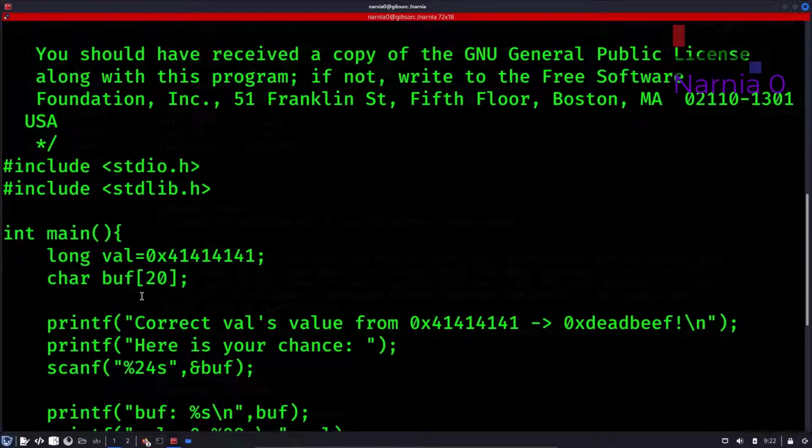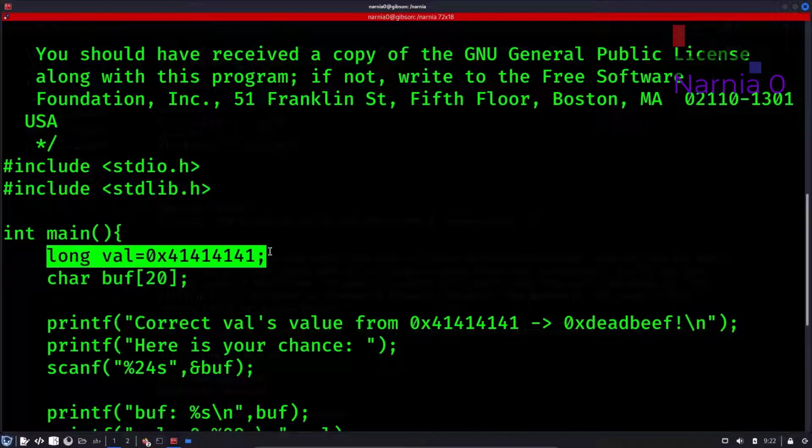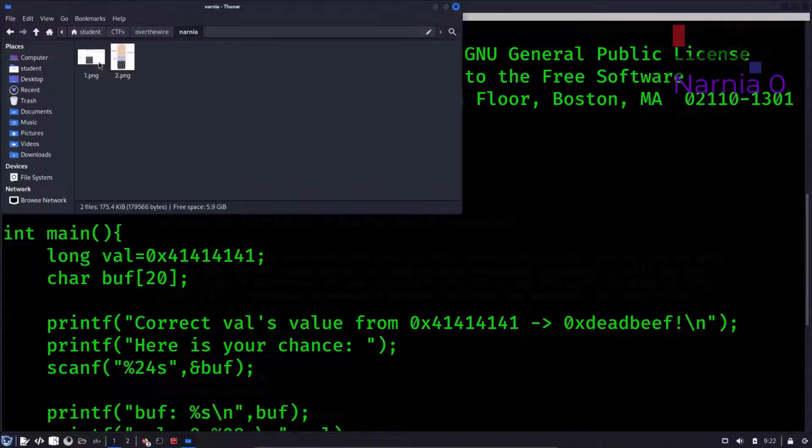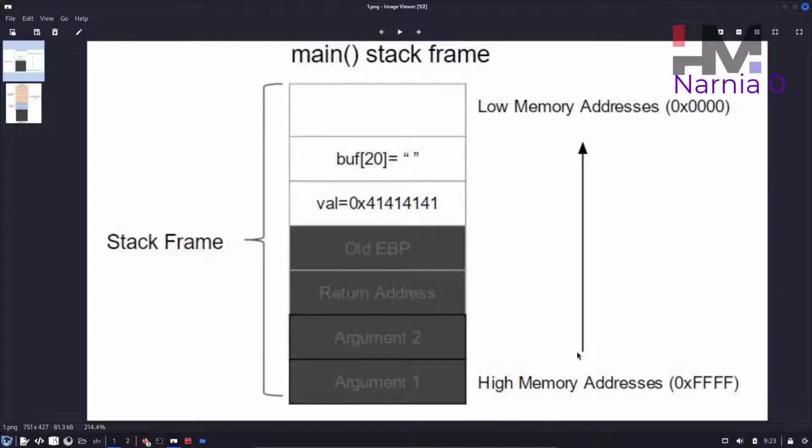How do we imagine this part? You need to understand what's going on at memory level. Whenever we start assigning values to variables or calling functions, all these things come in stack format. To imagine that, these two images would help. This is how the program usually runs. It remembers the arguments, if we have any; this one we don't have any arguments. It's going to keep adding all the important things, and then once we start executing the program, we know that once we reach val, we are actually setting it to